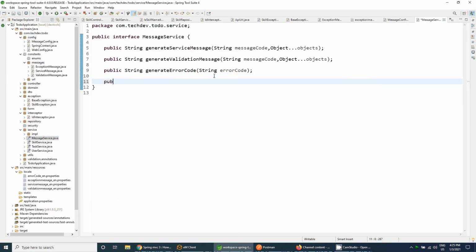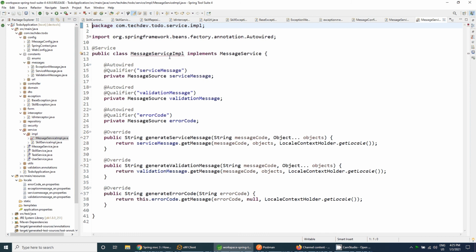Here we will have to write the method: public String generateExceptionMessage, with a String exceptionMessage and the Object array. Let's override this method inside the message service implementation.